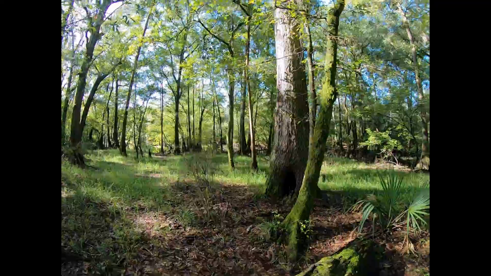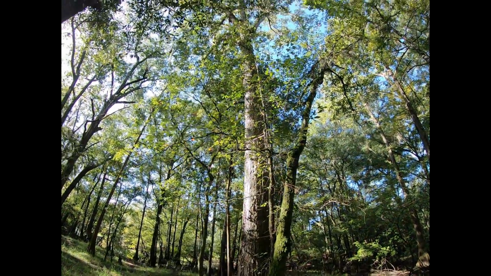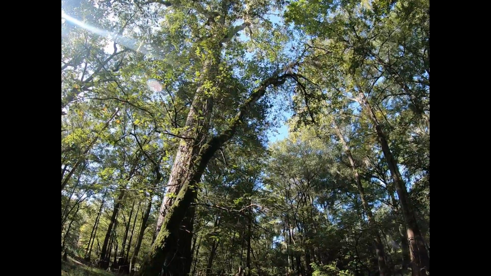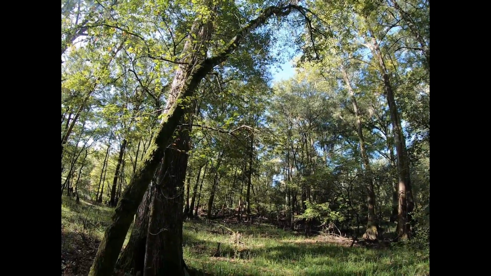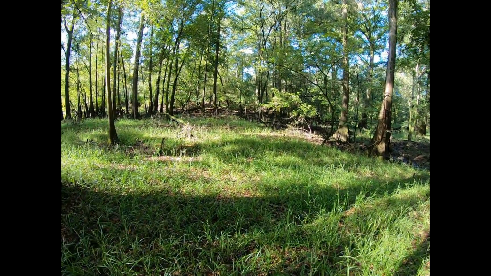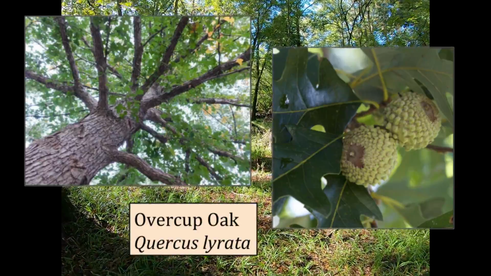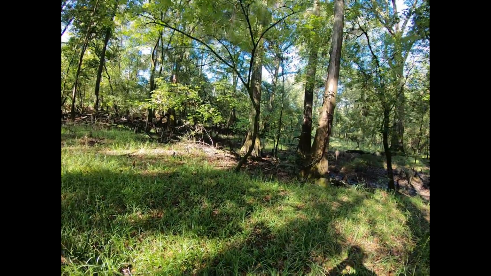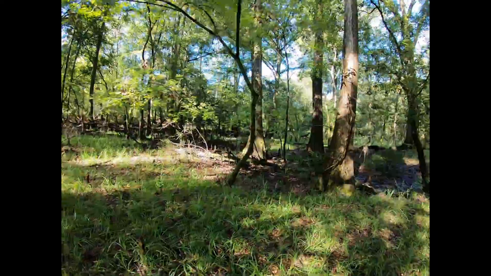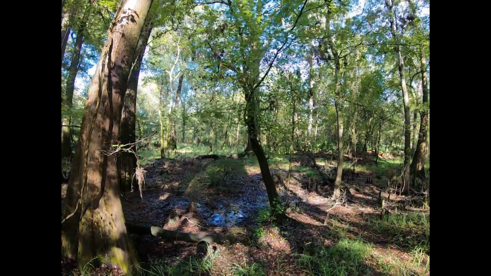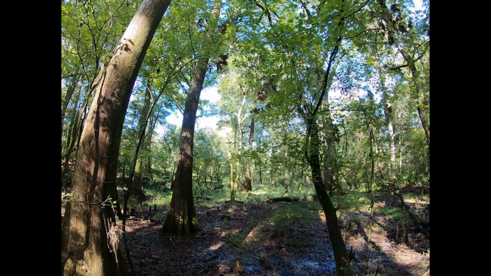Okay, and so some of the species that we're seeing today here at Oleno State Park include one very good example of overcup oak. This is a very large specimen here that we're seeing today, and just shows you how large this species can get. We're actually at the southern extent, I believe, of this species' range. Other species that we're seeing include water hickory,